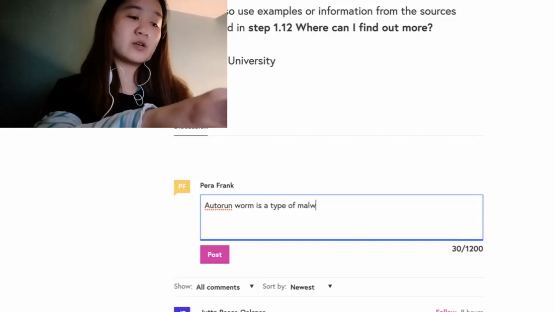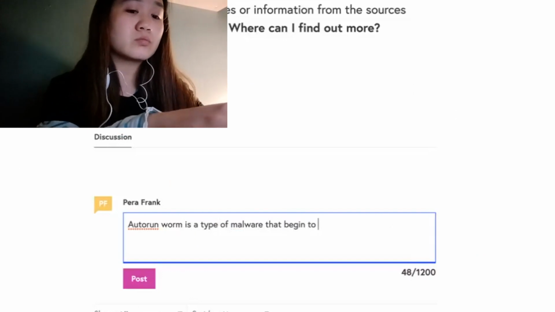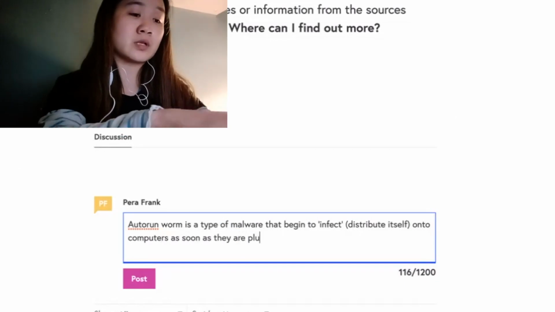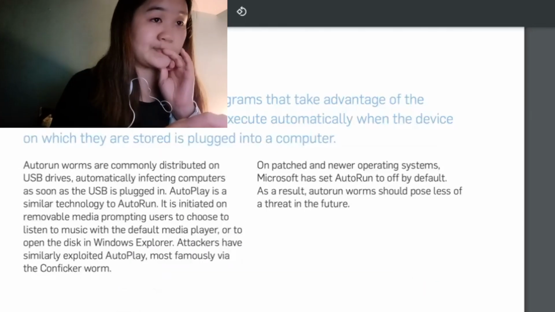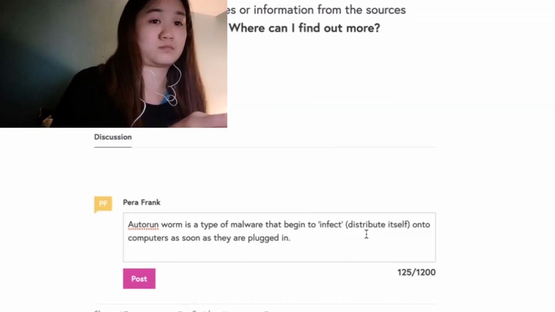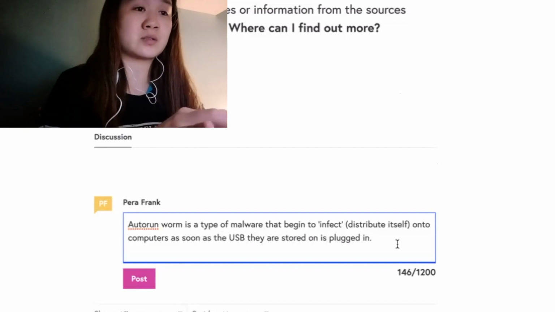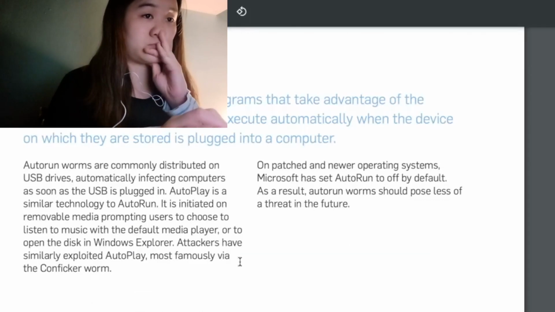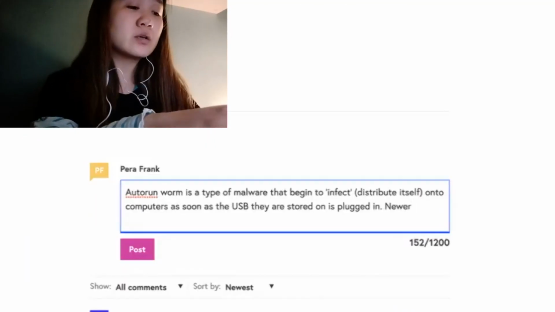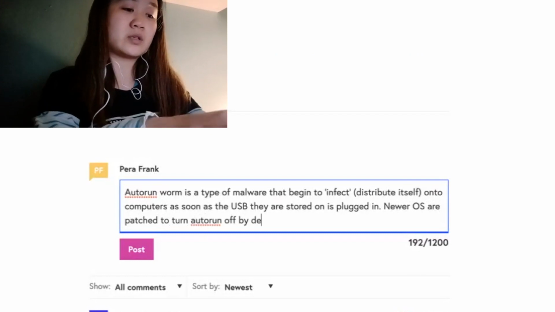It is a type of malware that... Newer operating systems are patched to turn auto run off by default.